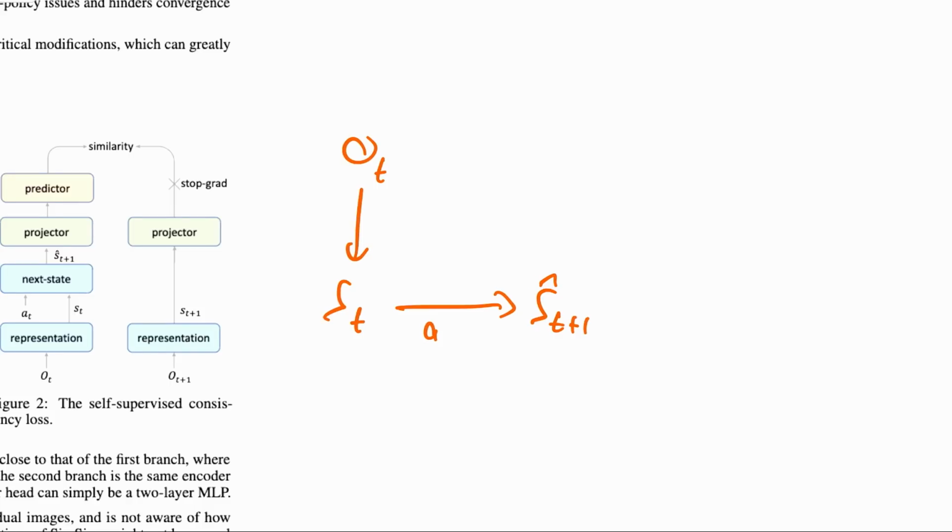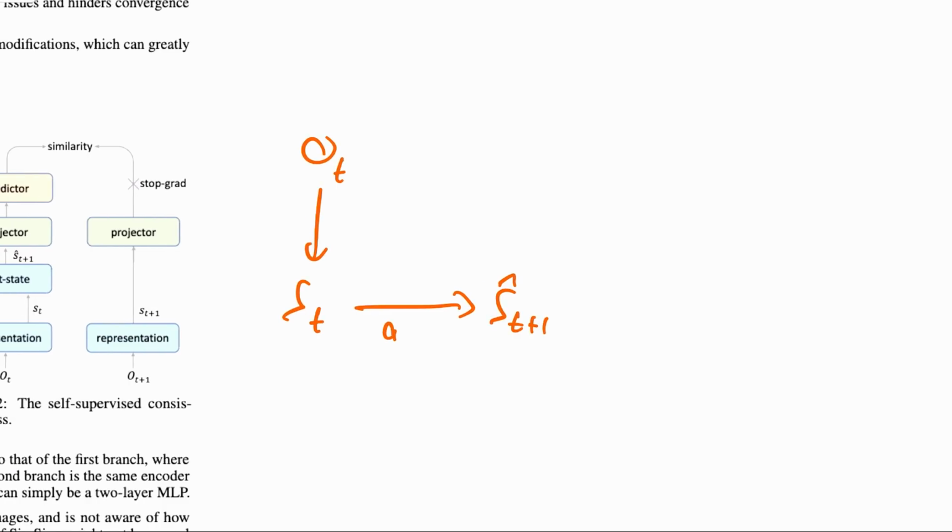Now, what this paper says is, wait a minute, if we simply look at what happens in the real world, the observation at t plus 1, and we send it through this same encoding function, then that gives us the hidden state at time t plus 1. So technically, these two things should be equal. The hidden state at time t plus 1 and the estimated hidden state at time t plus 1 should be kind of the same.